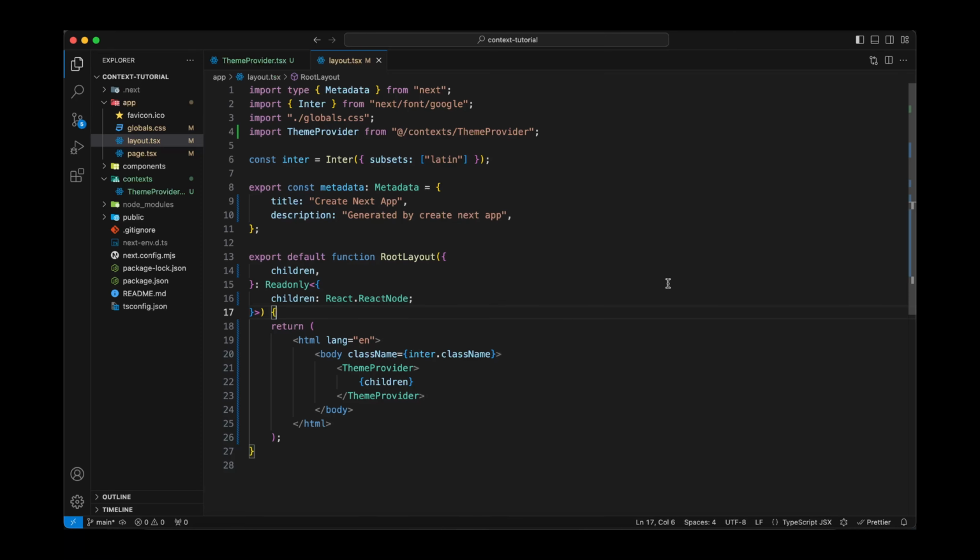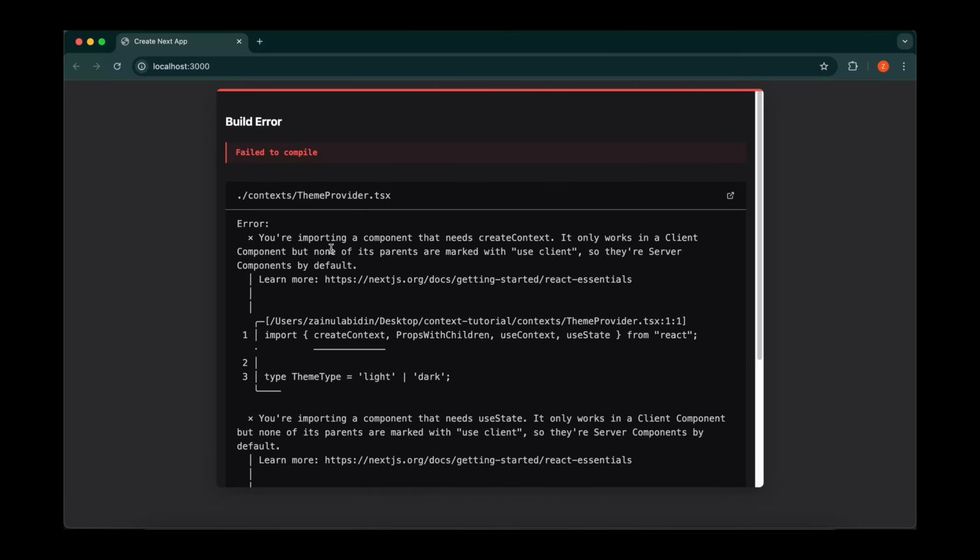Now we should be getting an error in the app. So let's see. All right, perfect. So I was expecting this error, and now here is that correct way thing that I discussed in the beginning of this video. So in Next.js world, all the components are by default server-side rendered. So to use client-side features like useState, useContext, or other React APIs, we need to convert those components